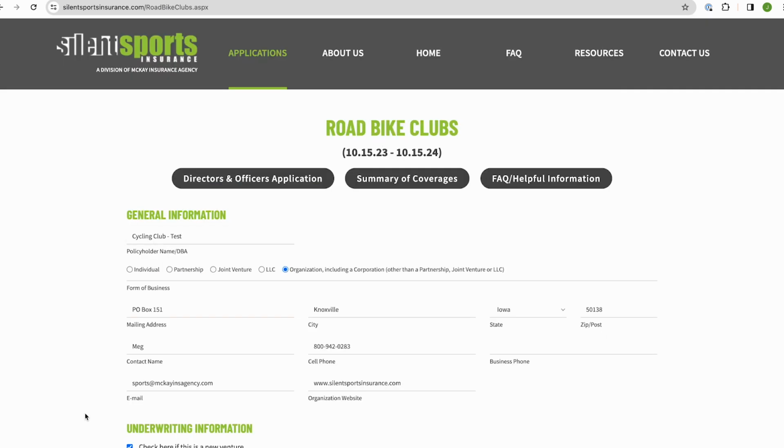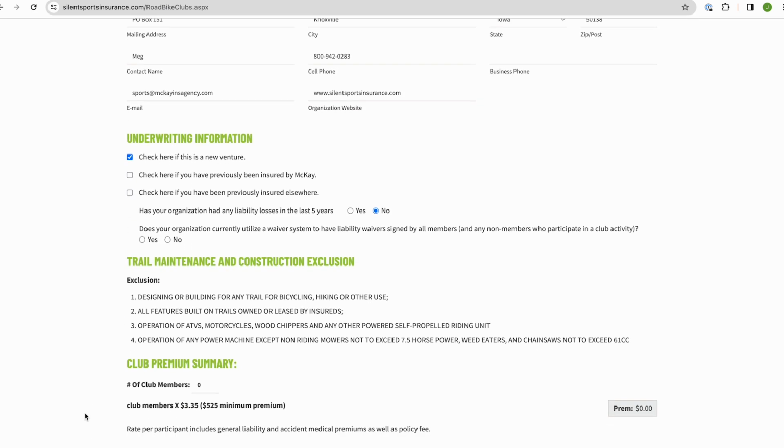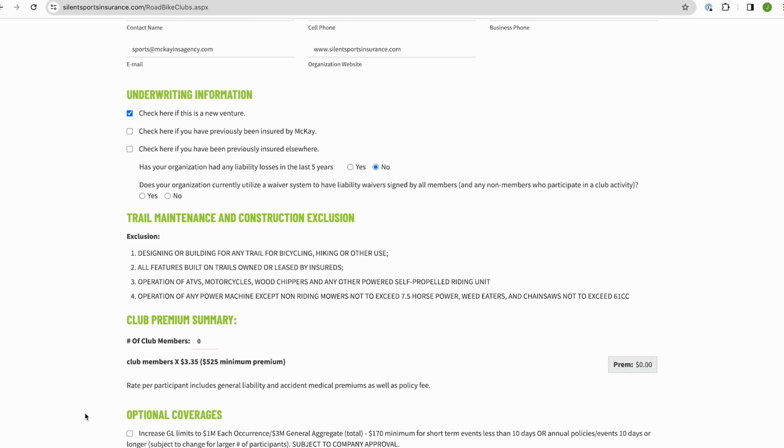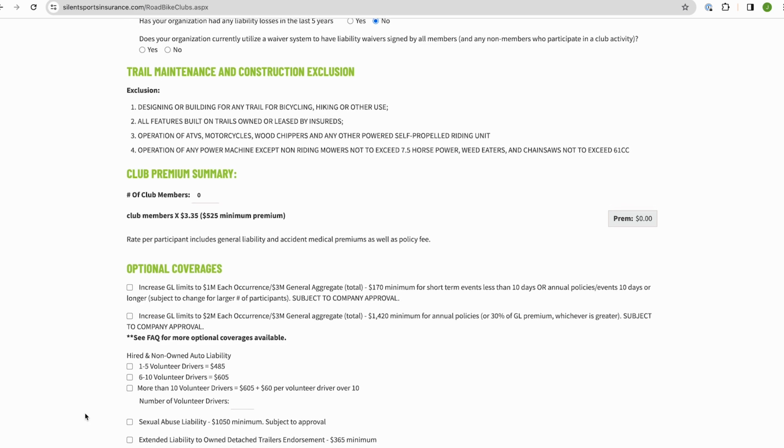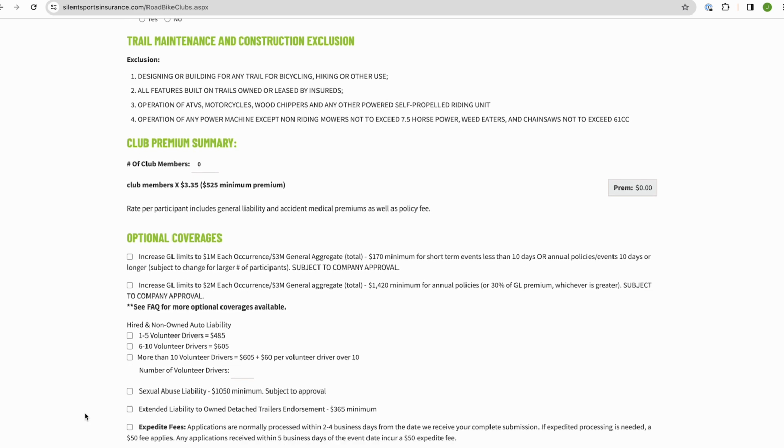And then for rating, the policy is rated based on the number of club members for a road bike club. So for this, we'll do 100 members. And it's subject to a minimum premium. So once you type in your number of members, it will auto-calculate your premium based on what you've put into there. And then there are many different optional coverages that we offer, higher limits if they're needed,